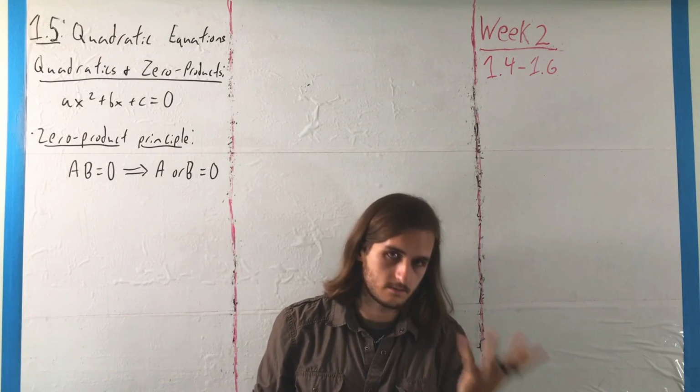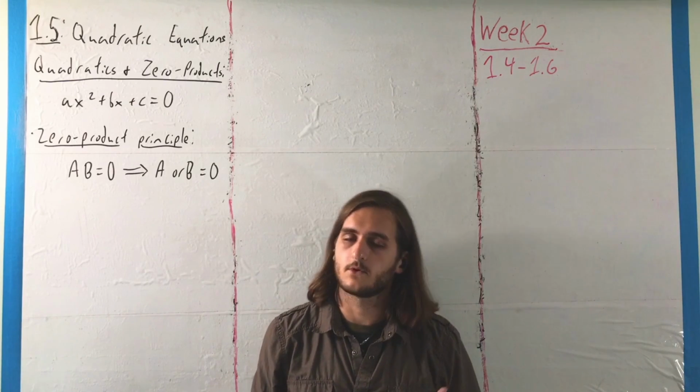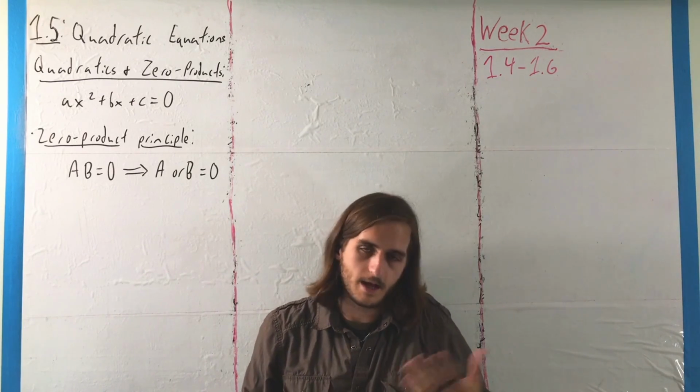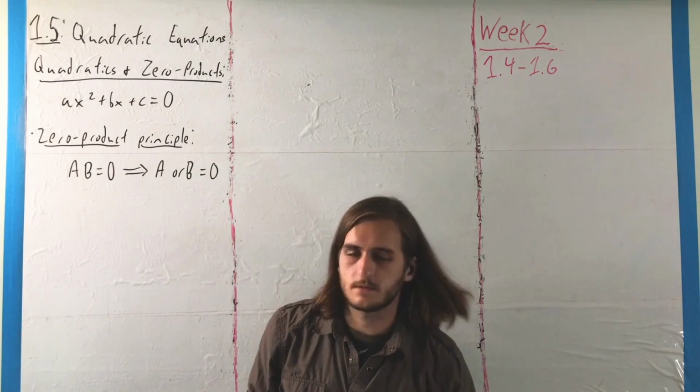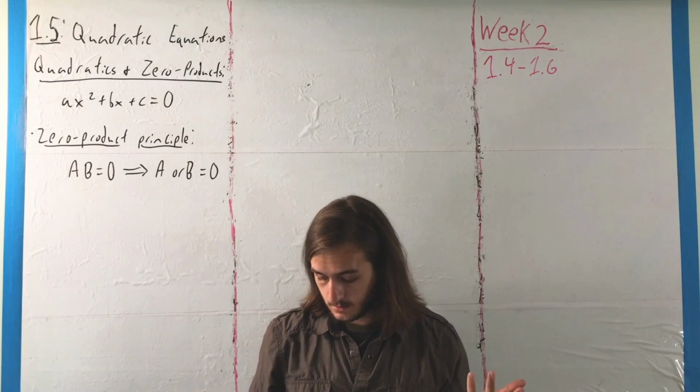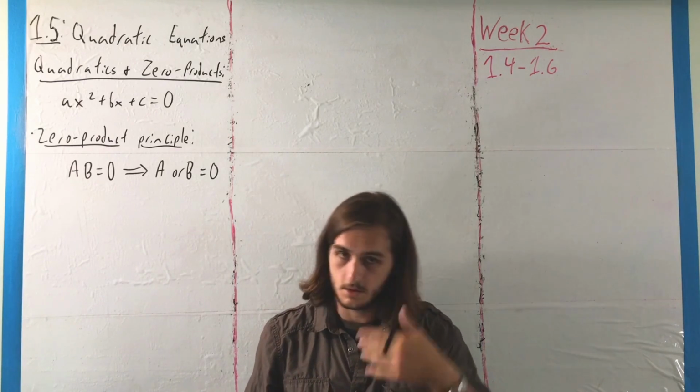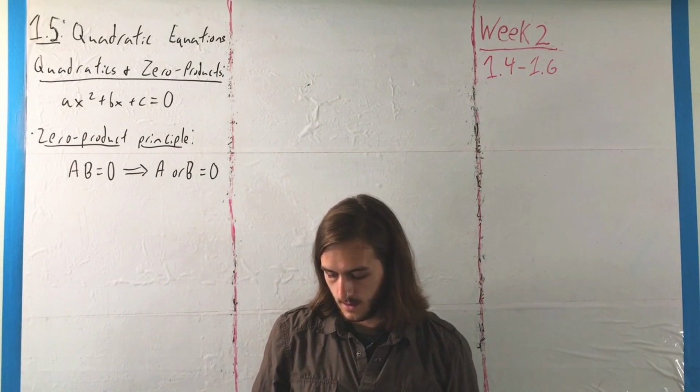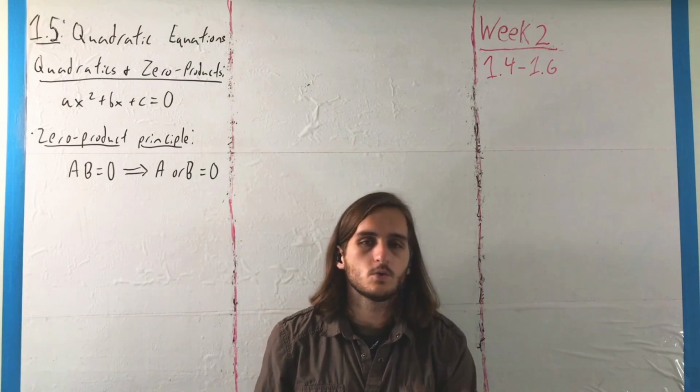But for us, quadratics are most often the second type of equation that you learn about in algebra, naturally, because, well, they're the second power of x. That's why these are sometimes called the second-degree polynomial equation of x, where the big tool that we have for dealing with them is an idea called the zero product principle,